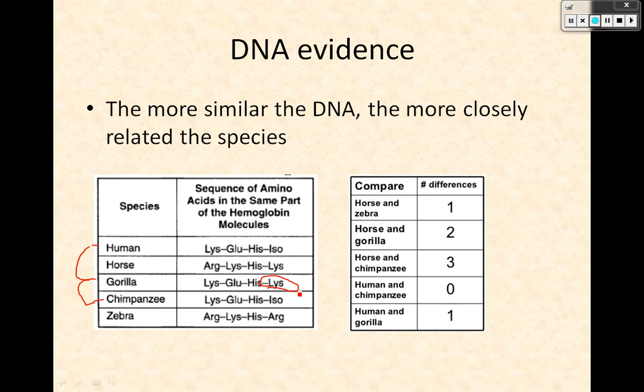So we would say the human and chimpanzee are more closely related than the human and gorilla or the chimpanzee and gorilla. But those two only have one difference. So those 3 together are more closely related than, say, the horse, which is 2 different from the gorilla, and so 3 different from the chimpanzee and human. But then the horse and the zebra are only off by 1 amino acid. So those two have got to be really closely related compared to the horse and the gorilla, or the horse and the chimpanzee,